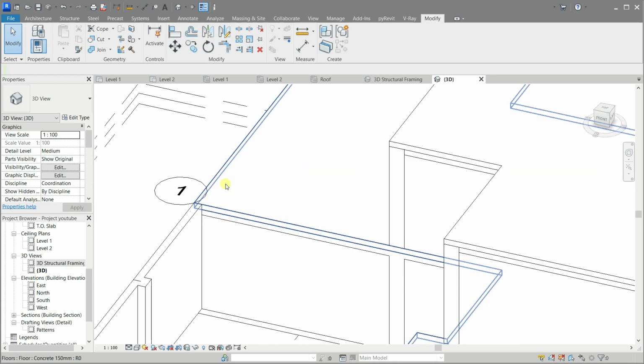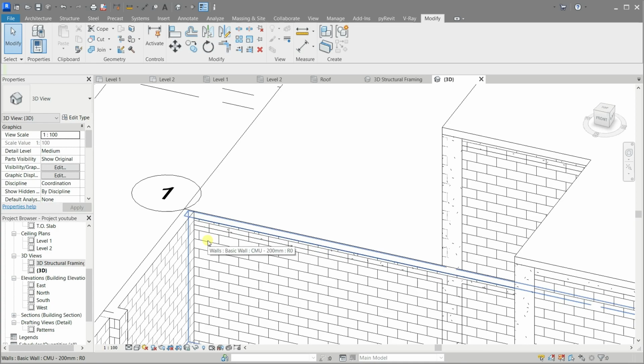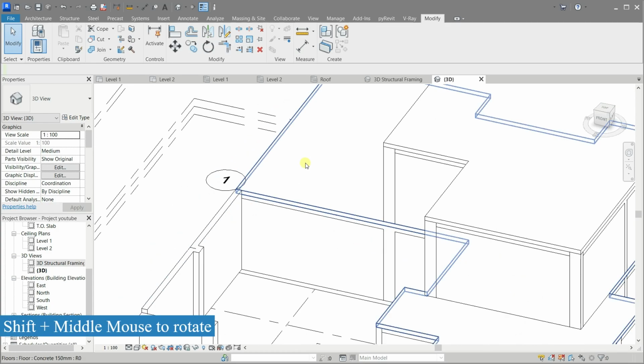If you look at the area, it's still not quite there. There's an extra step we need to do.